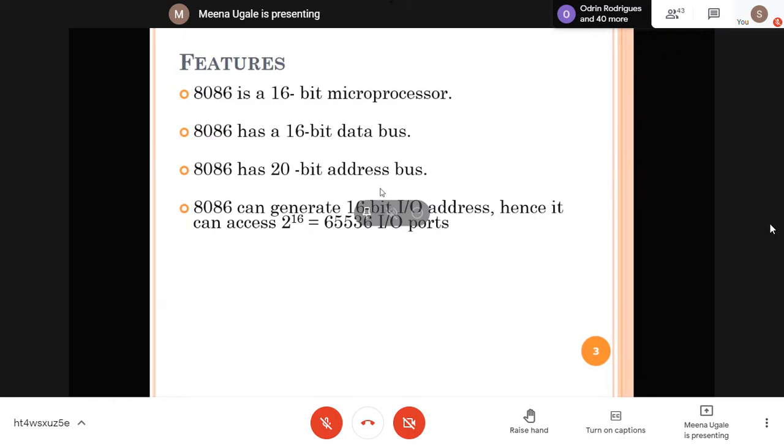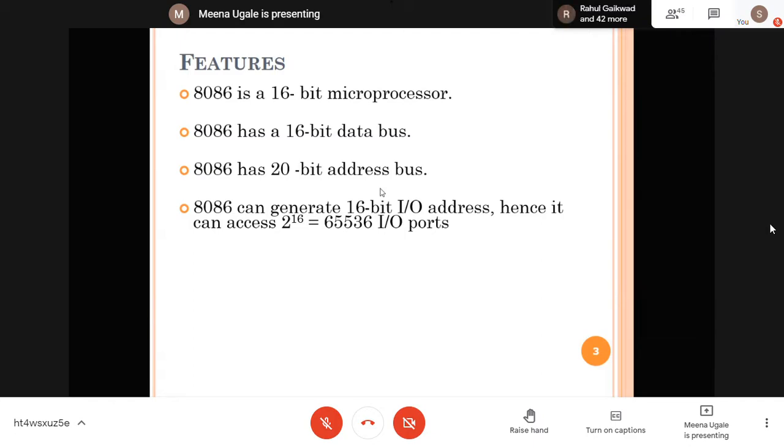For 8086, you can think only of a keyboard for input. For output, you can connect either a printer or a monitor. When you want to connect these IO devices with the processor, it gives you IO ports. So 8086 gives you various IO ports, and its addresses are 16 bits.